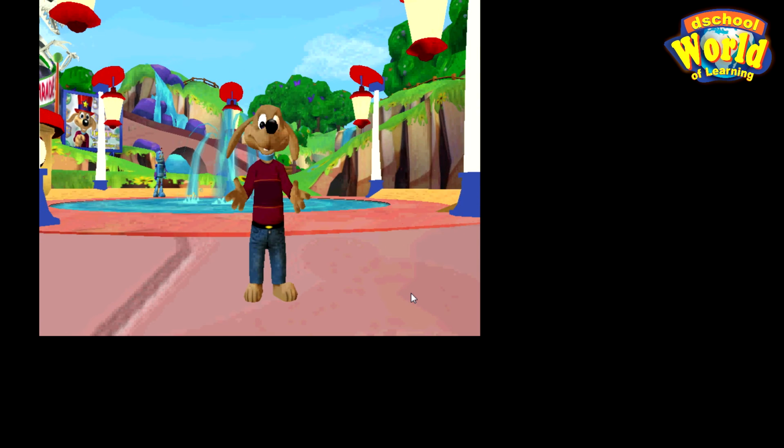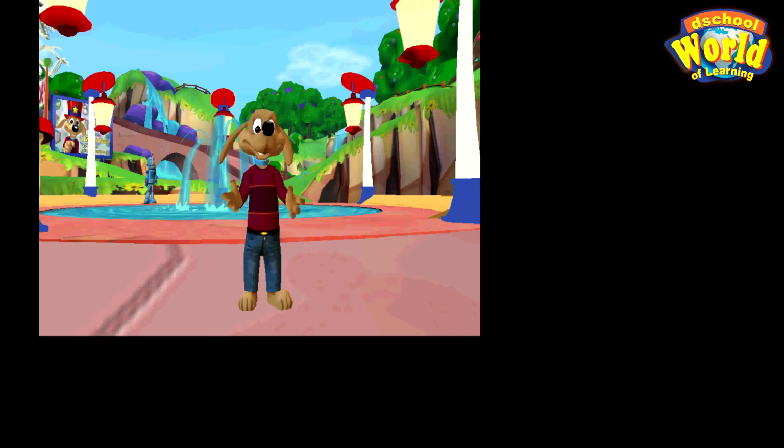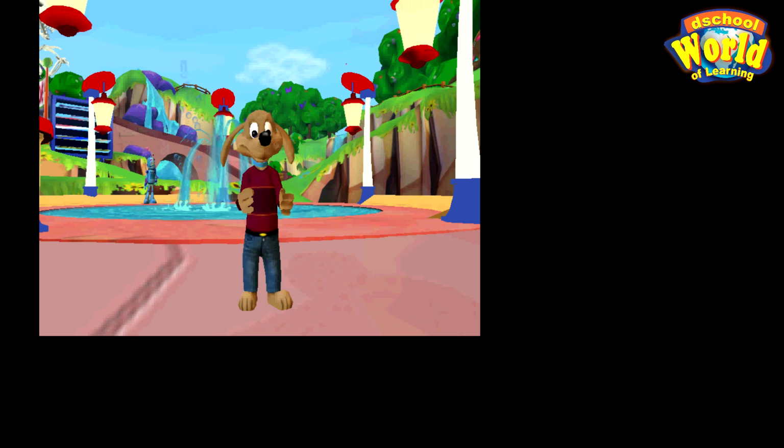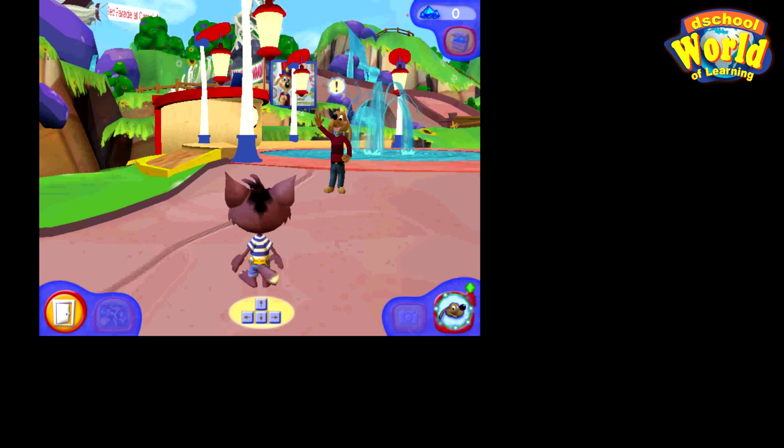Welcome to Camp Jumpstart. There are lots of friends to make, activities to do, and adventures to go on. Speaking of making new friends, let's start by meeting Botley. He's the robot over there. Why don't you go over and talk to him? Whenever characters have an exclamation point, it means they have something important to tell you. If you want to talk to someone, just press the space bar or click on them. Use the arrow keys on the keyboard to move.